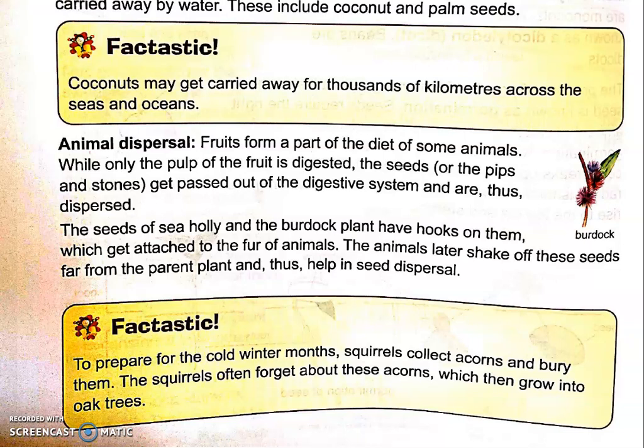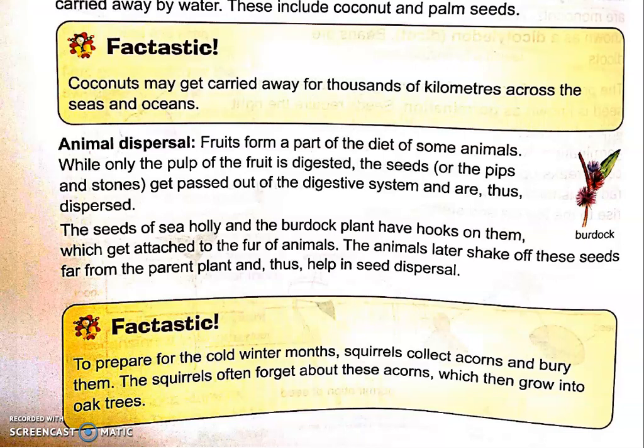Then you eat watermelon. Now you like to eat the red part of the watermelon, but you do not like to eat the black seeds. So what do you do? You can put them in the ground and you can grow new watermelon out of it. Or if you eat dates, there is a seed in the middle of the date, that hard pit that you cannot chew. Or mangoes have such big pits. So instead of throwing away that hard pit, you can put it in the ground and you can help it to grow into a new fruit.